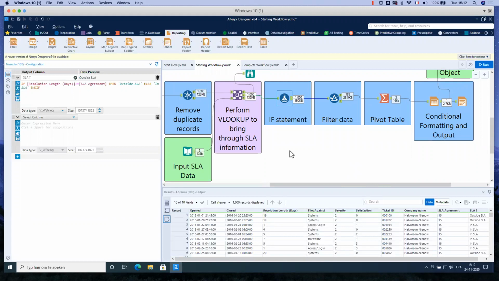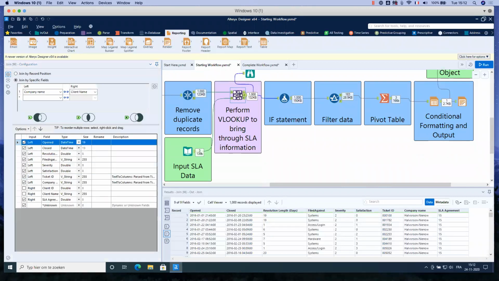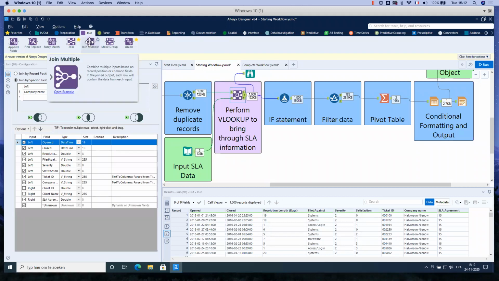Someone is asking if it's possible to join more than 2 tables. Because here you see we have 2 input anchors, the left and the right. So yes, it's possible, but you need another tool that you can find in the join category, and it's called Join Multiple.